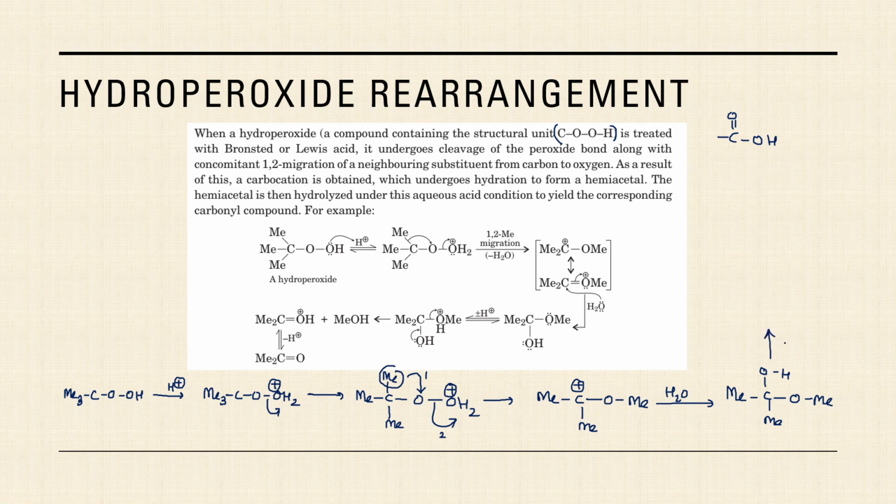This species will lose H plus, this will come over here, this will go out, and I would say H plus की जगह ये लिख दिया जाए, MeOH बाहर चला गया, और आपको एक कीटोन मिल जाता है। ओके, इस हाइड्रोपेरोक्साइड मैकेनिज्म का सबसे इंपॉर्टेंट एप्लीकेशन जो है वो हम ऑब्जर्व करते हैं